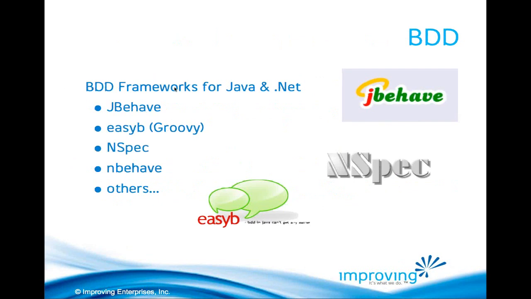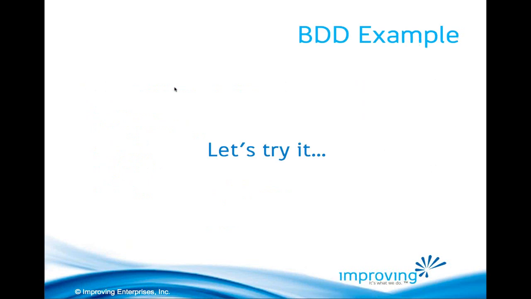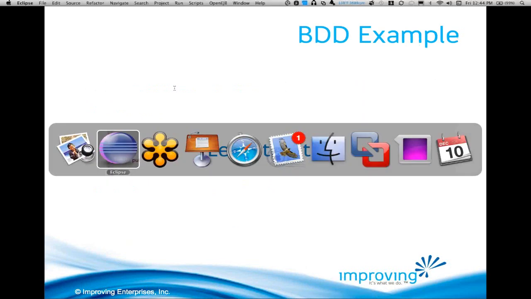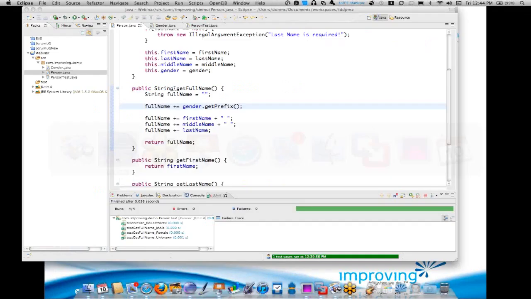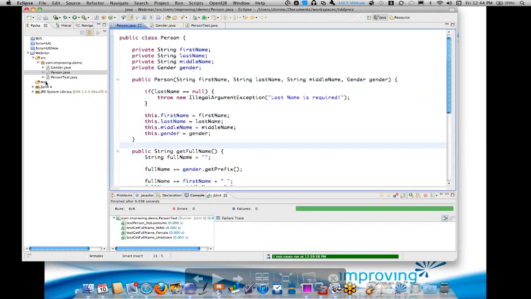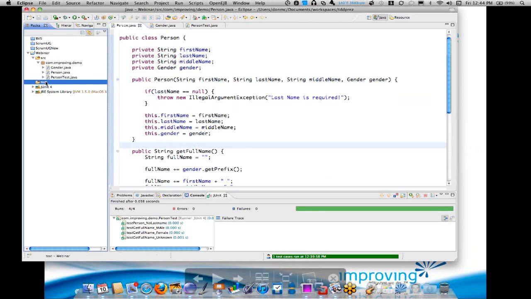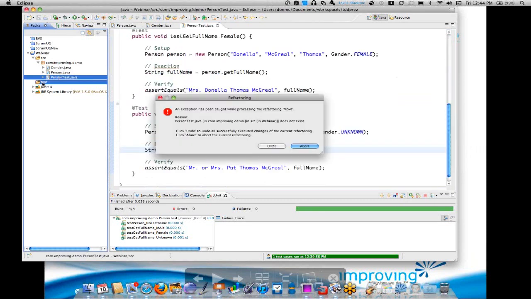There are lots of frameworks out there that help you, but you can do the same things with your standard ones, JUnit, NUnit. Here are some that you can look at. So if we were to jump out to do another, I'm going to do a little time check here. So yeah, I got a little bit of time. If we were to do one last example for BDD, in this case, I would write a test. Oh, by the way, I put the test in the wrong spot there. I'm going to put it over here. I have a test